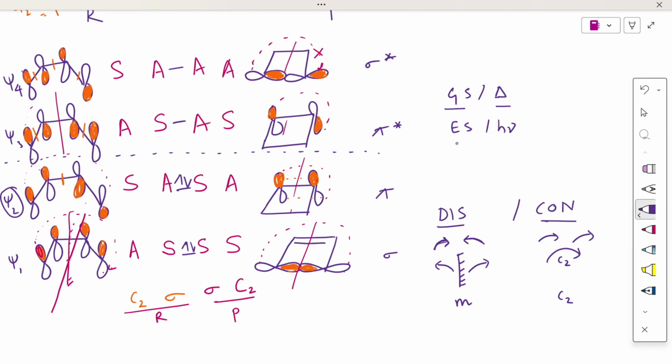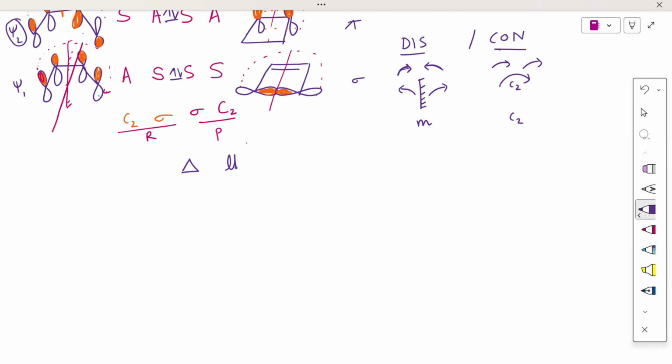Now we are going to compare the matching of the molecular orbital symmetries of the reactant and the products. If they match in the ground state, then they are thermally allowed. If they match in the first excited state, then they are photochemically allowed. Now the HOMO-LUMO gap lies between Psi 2 and Psi 3. So this is the HOMO-LUMO gap. Under the thermal condition, let us consider the con rotation first. For con rotation, we have to take the C2 axis of symmetry. So let us take the C2 for the reactants and the products and compare it.